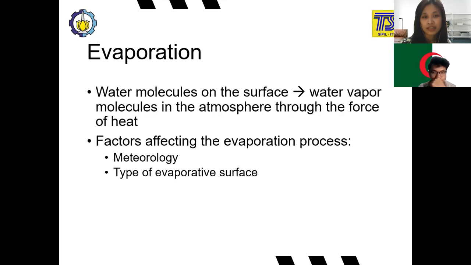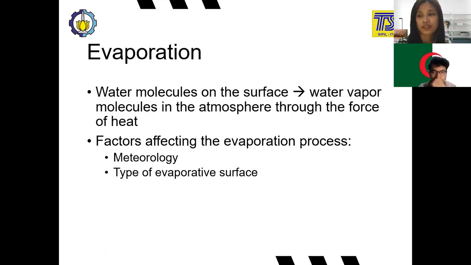So the factors affecting the evaporation process are meteorology and the type of evaporative surface. Here the meteorology is clearly related to the hydrological cycle. So it depends on, for example, the season. When there's a lot of sun, there is a lot of heat. So the evaporation will be bigger. And